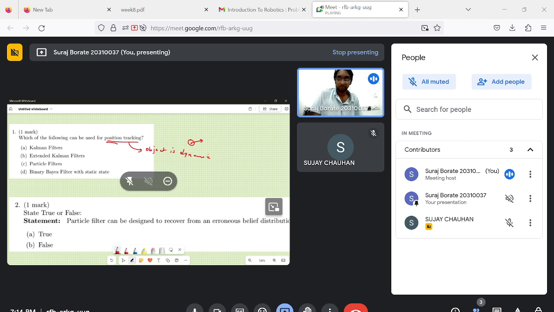Or the interest, whereas in Markov localization you have to update probabilities for every cell. Okay,